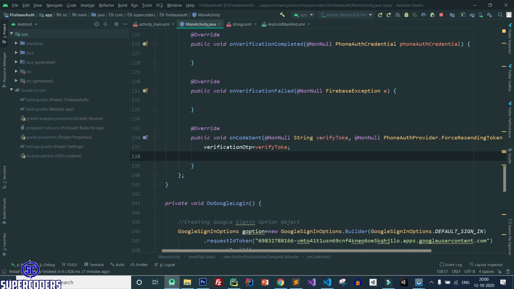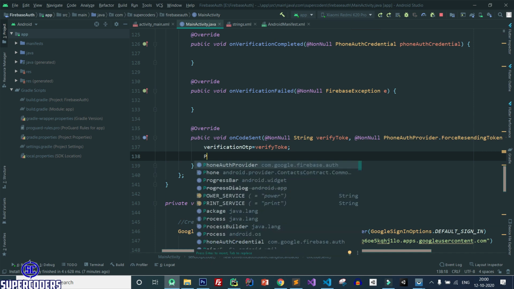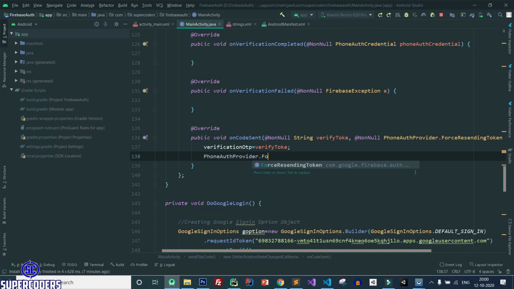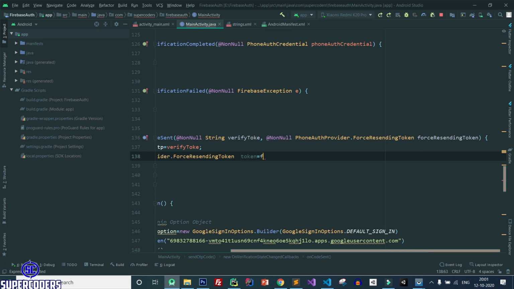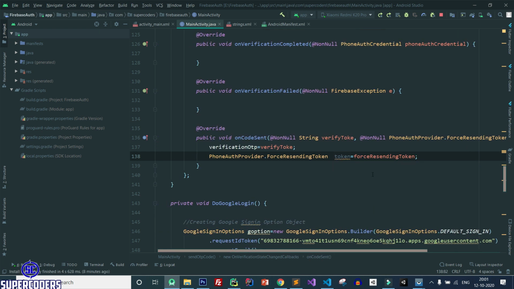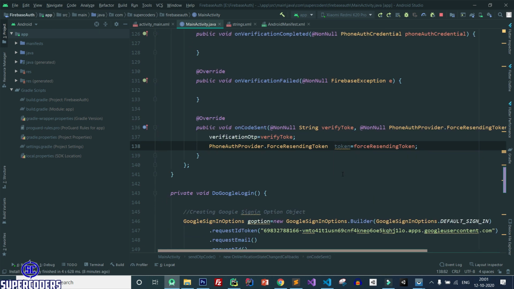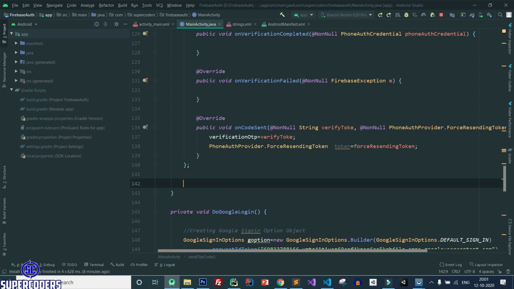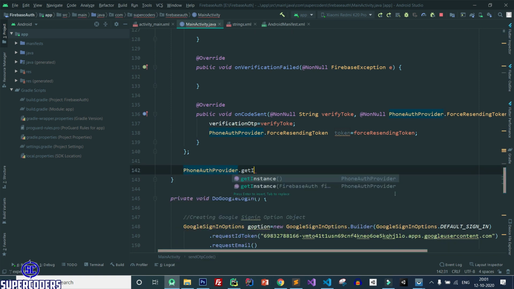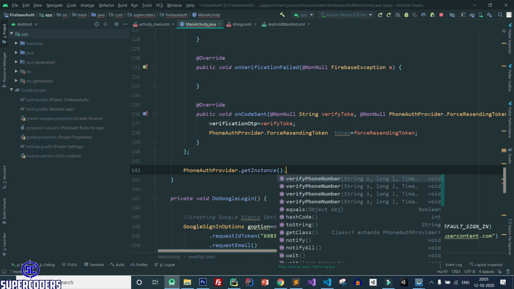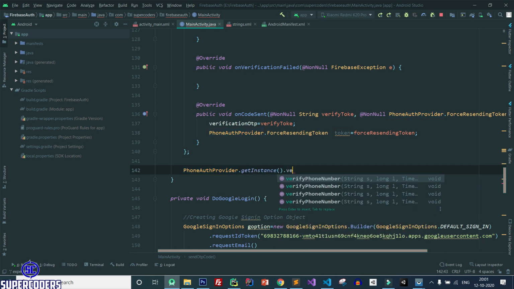After that, next step is phone auth provider dot force resend token equal to force sending token. So it is done. Now next step is our phone auth provider dot get instance dot verify phone number.